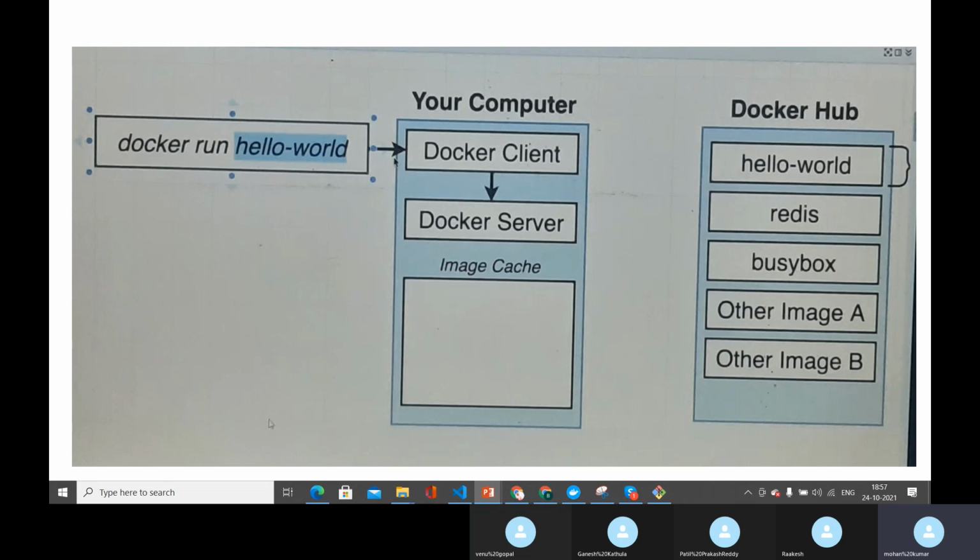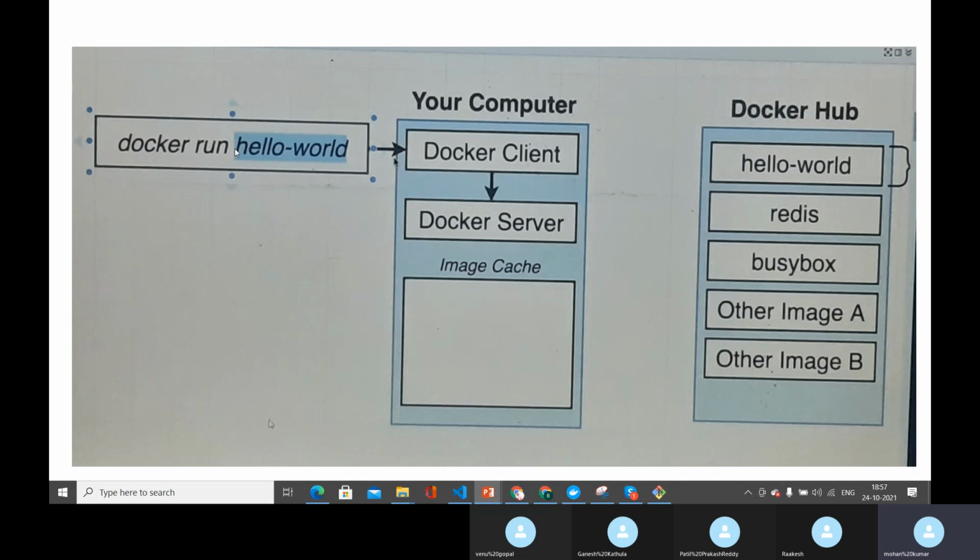And this script has to be converted to a movie. So this is a single file which contains all the configurations, dependencies, and the software, and this has to be converted into a real platform called a container. So now the Docker client will give this command to the server.